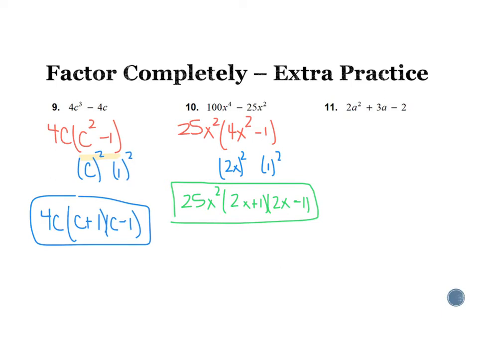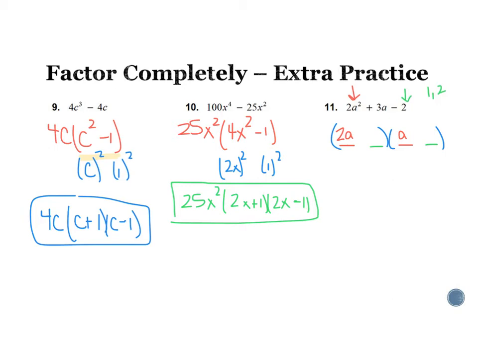So you're just going to go into trial and error. I need to factor this into 2 binomials. Remember, the first terms are going to multiply to be the first. How we make 2a squared is we need a 2a and an a. Then we're going to have last times last, and it's going to have to be a 2, which has to be a 1 and a 2. That's the only thing that multiplies to be 2. So the question is, where do you put these? Just by trial and error,